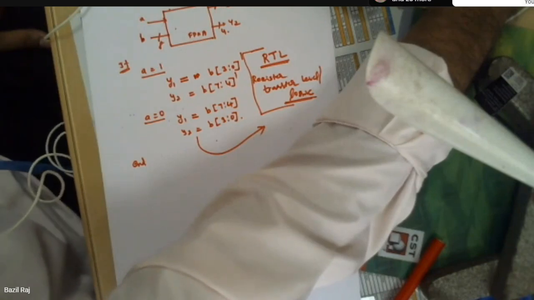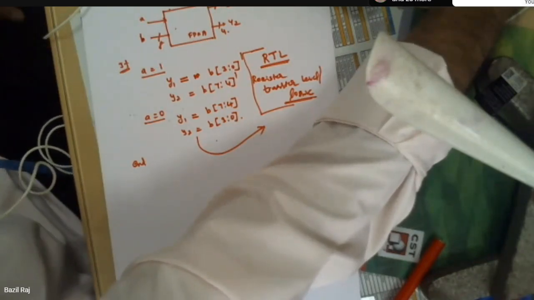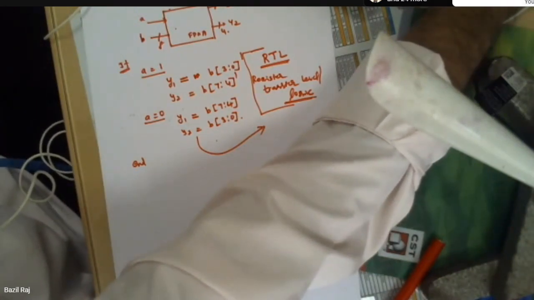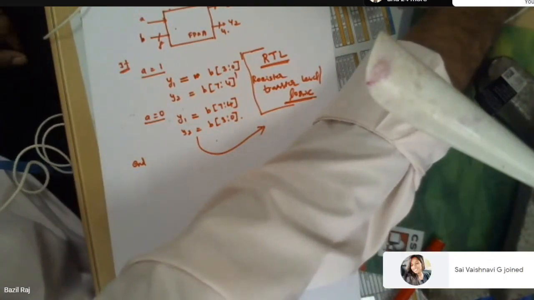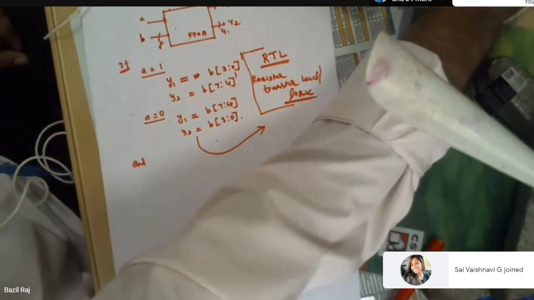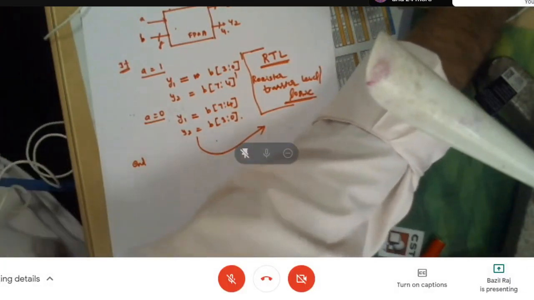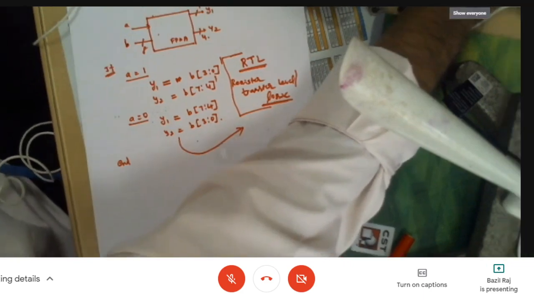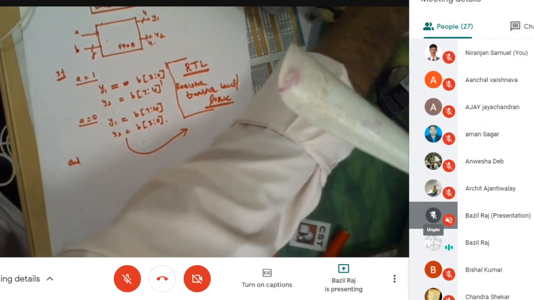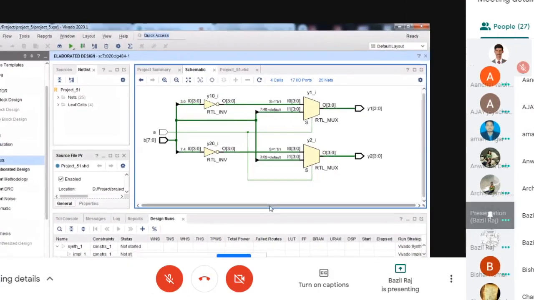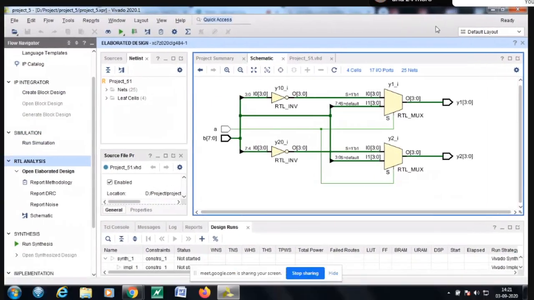You understand? So externally we are feeding the input. So again I am drawing here. You look now, this is our FPGA. We are giving the external inputs A and B. We are getting the external outputs Y1 and Y2 now. We can write some program, and that program is converted into this RTL logic now.